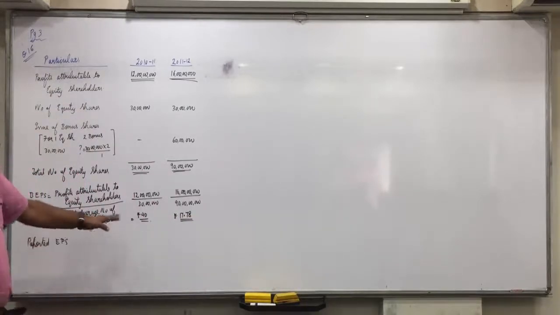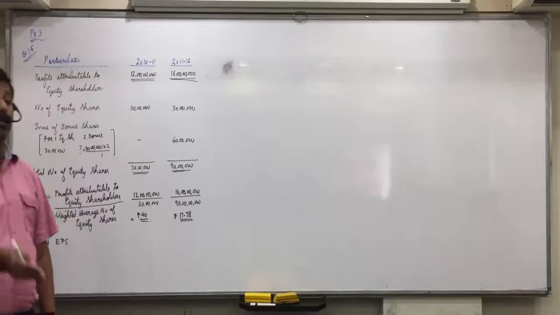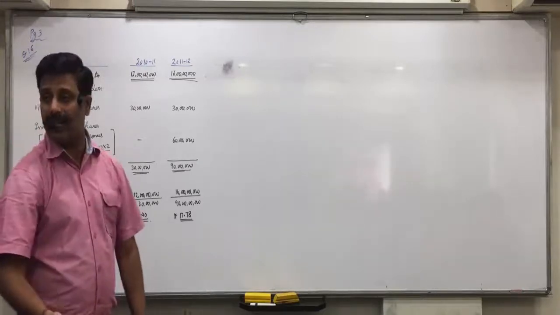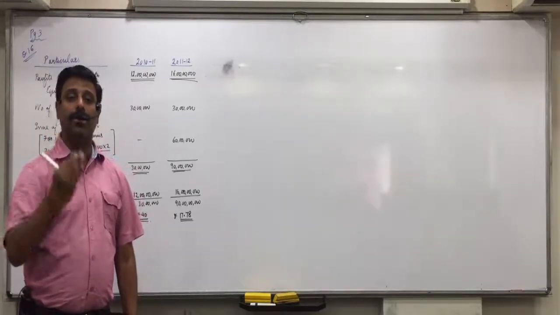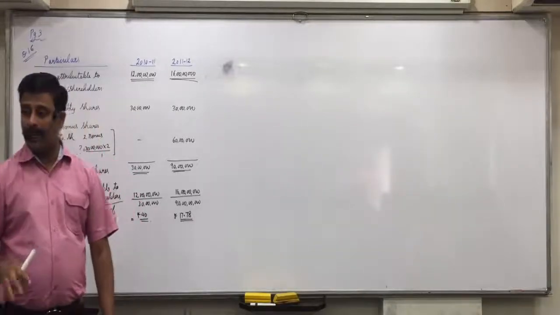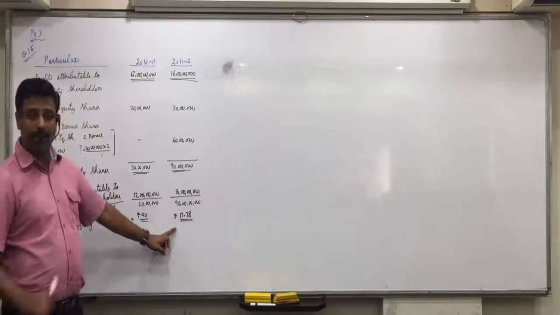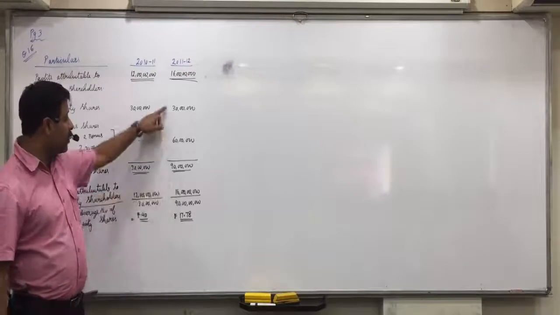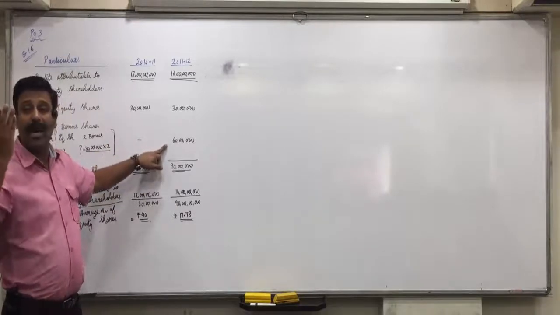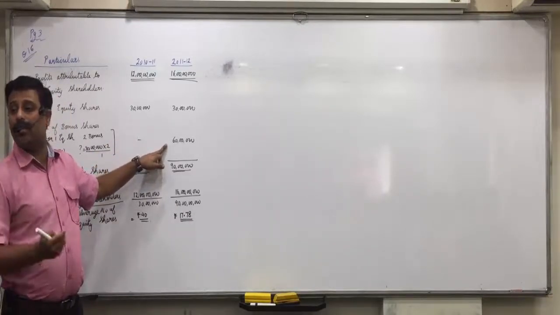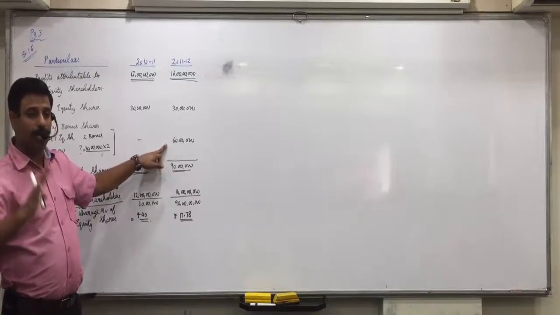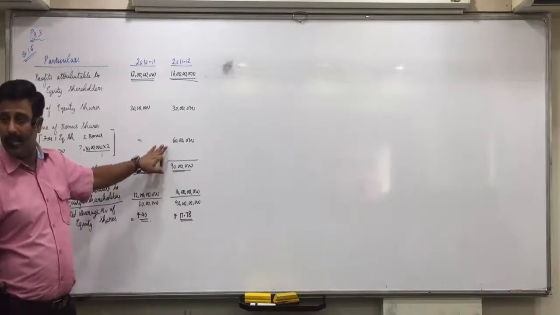If you report the actual EPS, they will feel from 40 it has come down to 17.78, which will reveal that company's profits are going down, which is not actually. It is just going down because not the profits has gone down, because number of shares has gone up without getting any money to the company. So definitely profits are not going to increase, but the number of shares has increased.